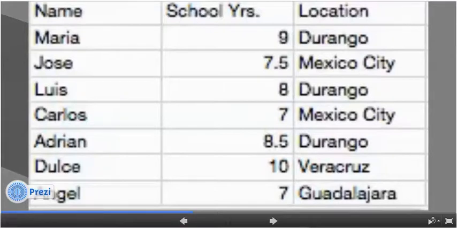And as you can see in my survey, the most number of years was 9, and the previous data set that was presented to us had an average of 8.5. Once you look through this survey, you can see that the average is around 8 years, and it looks like the best educated city is Veracruz and then Durango, and the lowest education cities are Mexico City and Guadalajara.